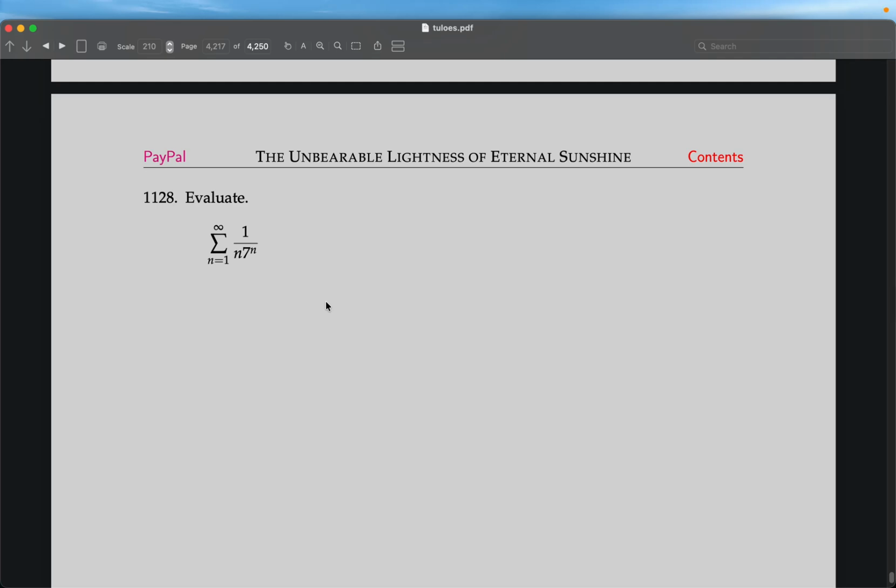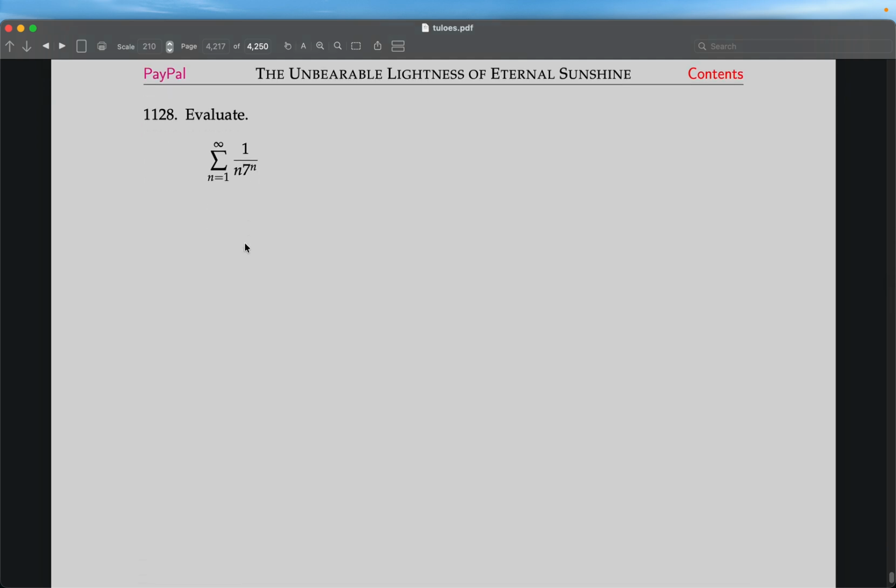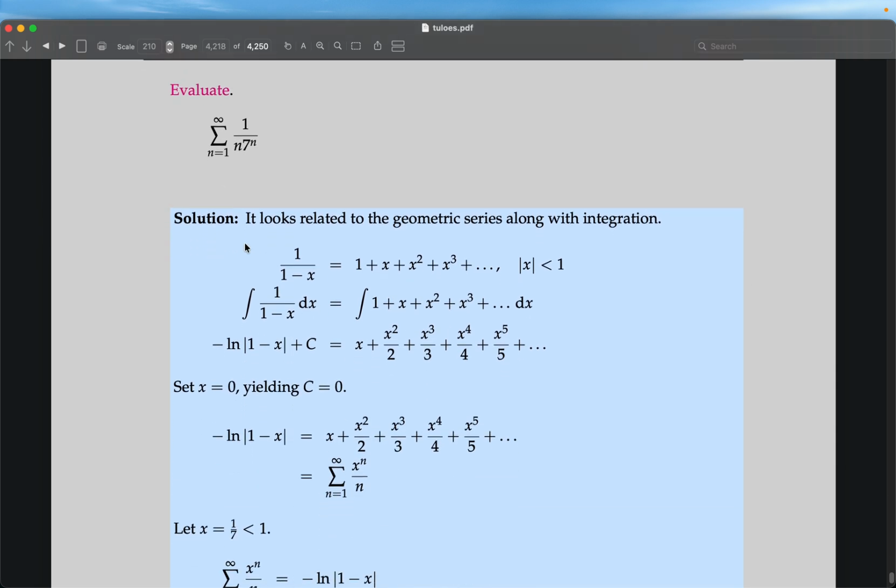Okay, problem 1128. It wants me to evaluate this sum, and that sum is from 1 to infinity of this sum and over here. And again, it looks doable. And certainly if they ask me to evaluate, the assumption is I can do it. So as always, we go to the whiteboard and we write a solution down, and then we type it up,